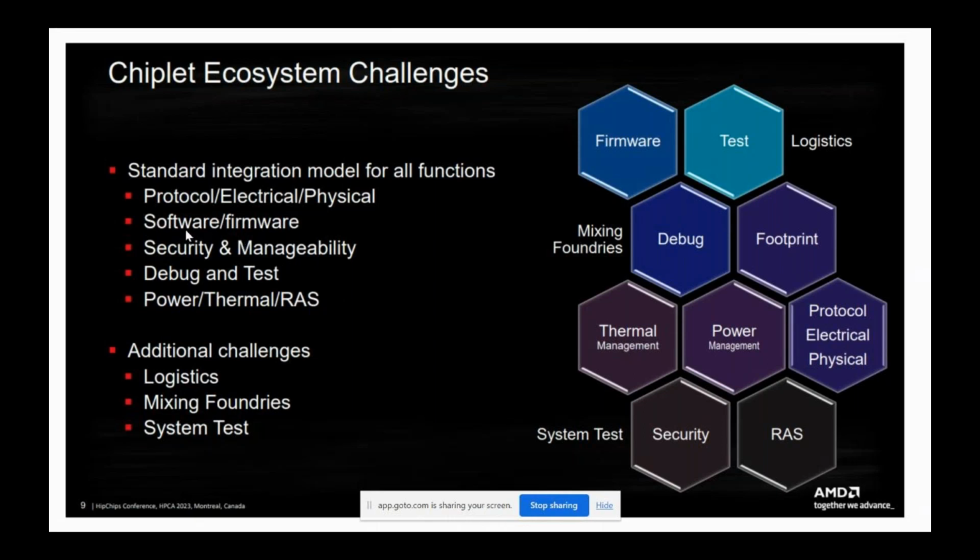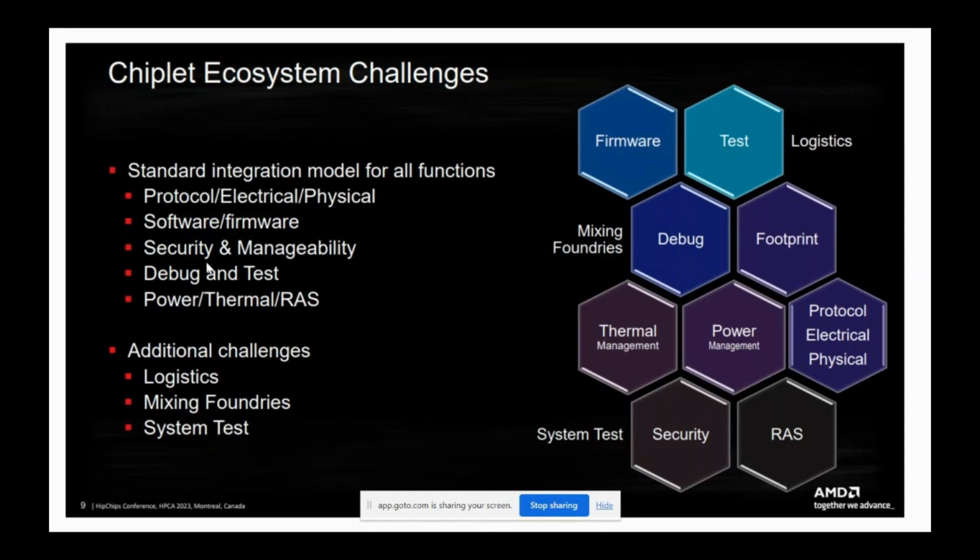The other, of course, is when you have multiple dies and they have their own controllers, what kind of firmware and software do you need for all of them to play nicely, or do discovery, bring-up, that sort of thing.